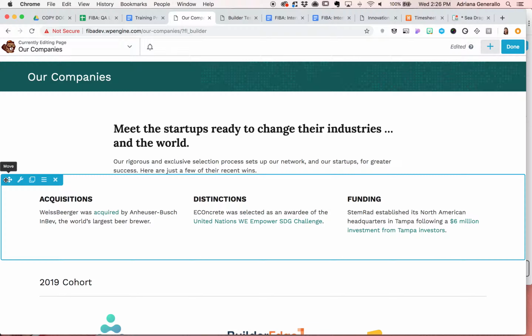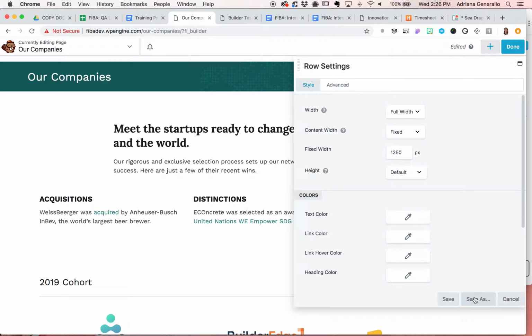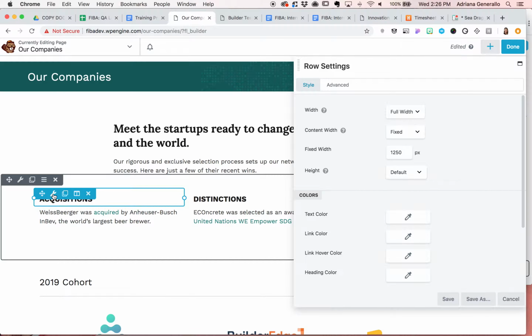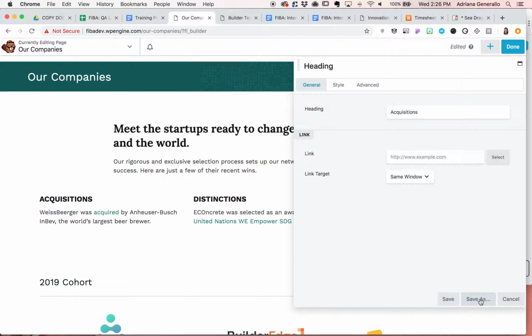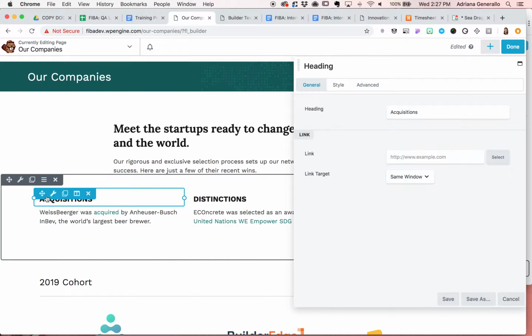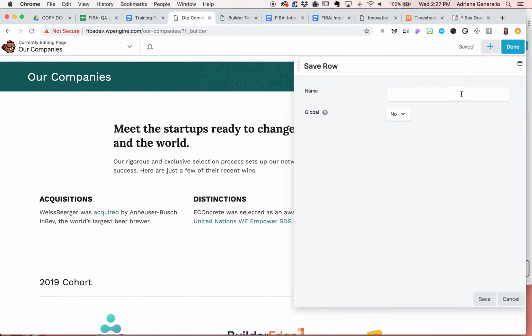Because every element has its own container here, what you save as is whatever your largest thing is that you're holding. For instance, this would save as the whole row because I see I'm in the row. If I were to do that for this heading, which would be silly because we already have this module called heading, but theoretically, if I were to save as this, it's only going to save this heading. So for this specific use, you're always going to be using something large so you don't have to redo the work. So I would come here and I would save as